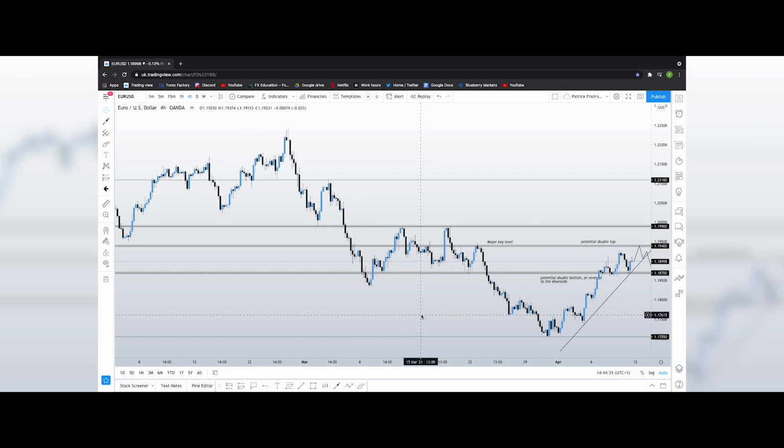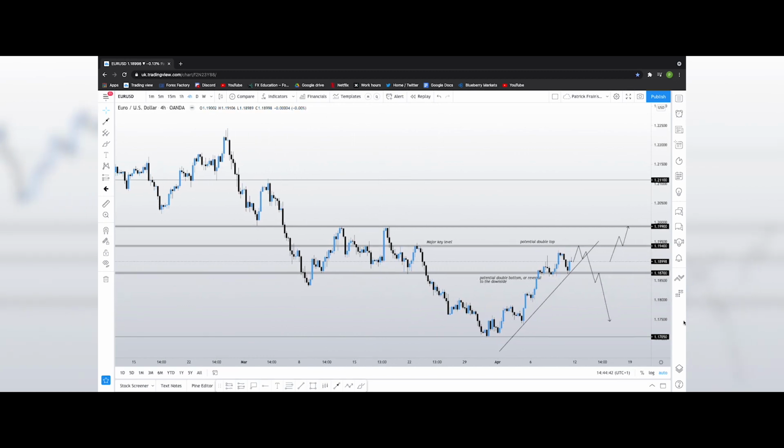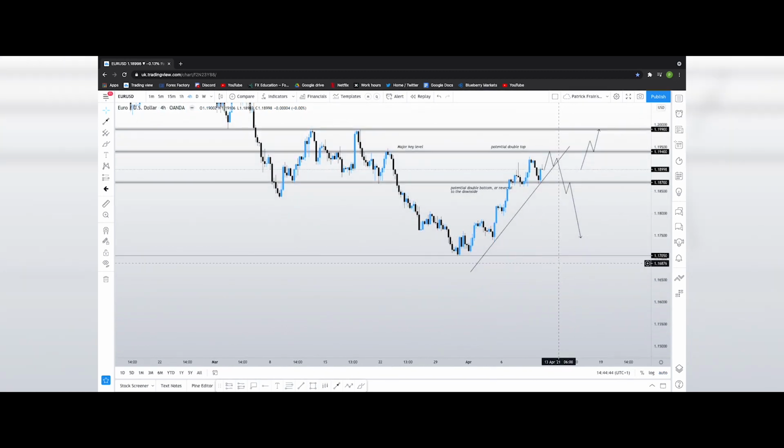So guys, the first pair we'll be looking at is Euro USD. As you can see, we have been in a downtrend, making lower lows and lower highs. We did push all the way down to around 1.17050. However, we did have our pullback, but price did fail to make a lower low to continue in the